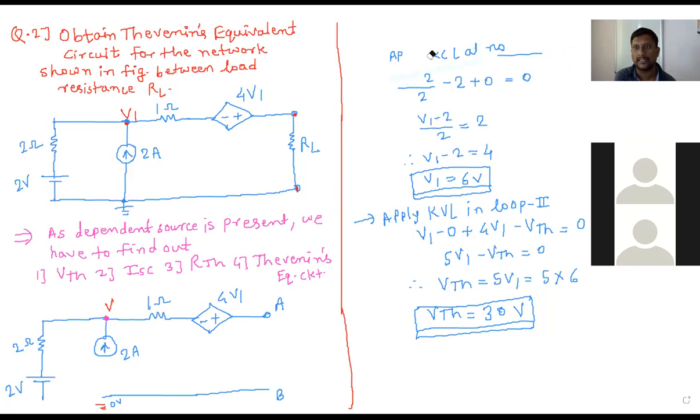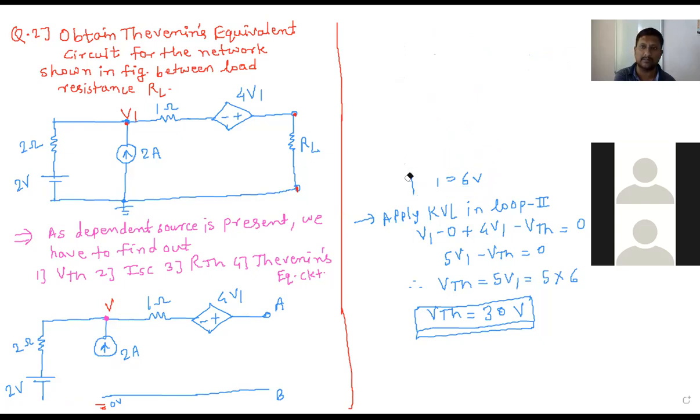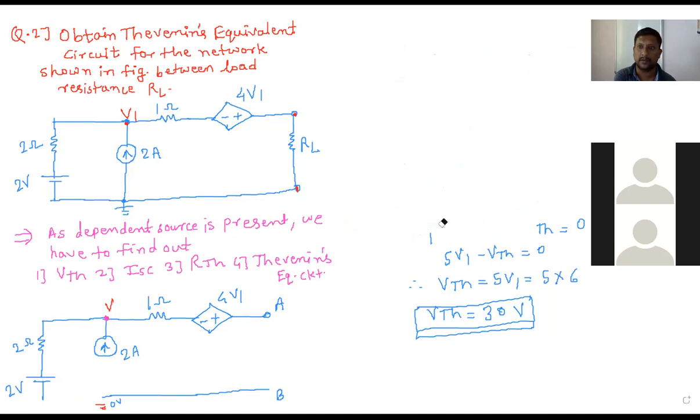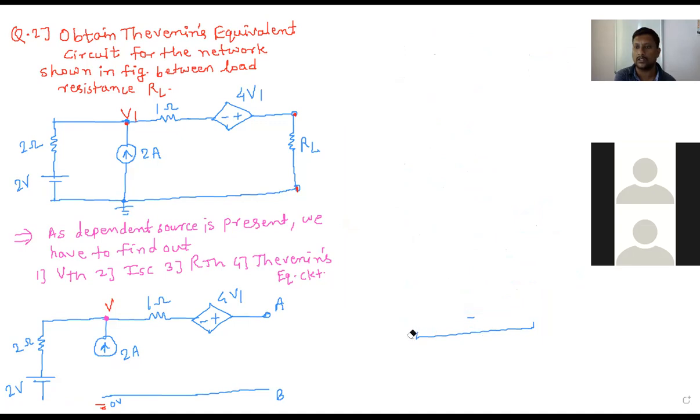So we have to complete this example today only, so that in the next lecture we can start Norton's theorem. Three problems we have solved based on type 1, and two problems we are going to solve. Already one is solved, and the second we are solving. Once we complete these two,